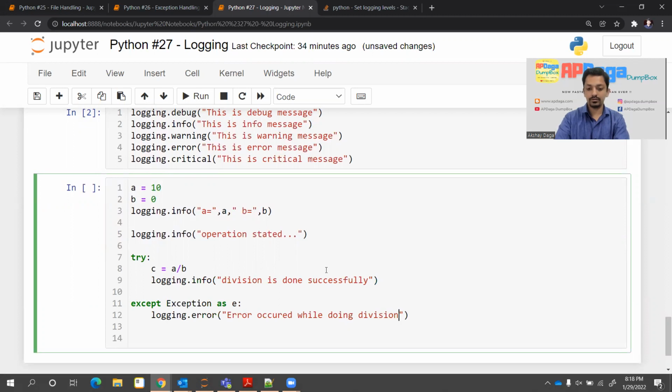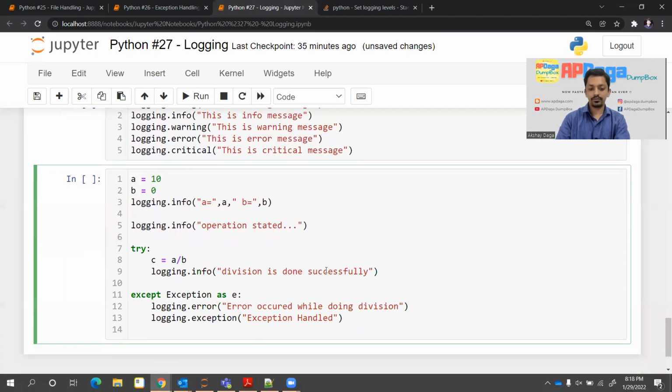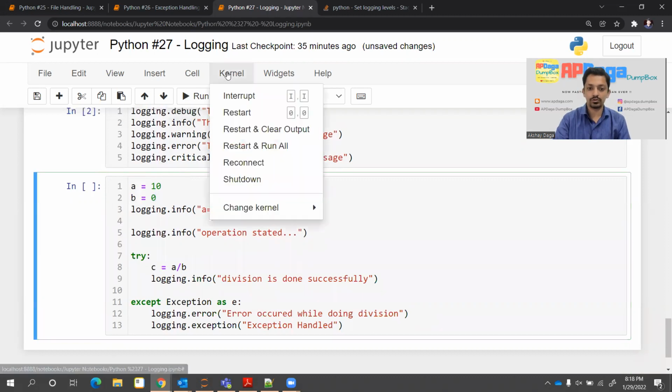doing division. And there is one more function which is available for exception, that is logging.exception, and here I'll write something like exception handled. Okay, something like that. So let's run this, and because b is 0, there is going to be an error, that is division by 0 error. Let's run this. So before that, I'll stop the kernel,